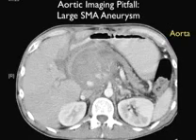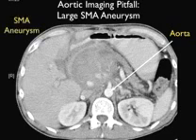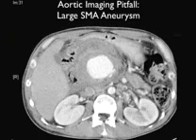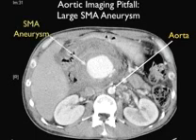This CAT scan shows another potential mimic of an abdominal aortic aneurysm. I don't actually have the ultrasound image of this, but I think this CAT scan makes some interesting and important points. Here we see the aorta located on top of the spine and the branch point of the superior mesenteric artery coming off the aorta anteriorly. Notice here we see a large area that's very irregular anterior to the branch point of the superior mesenteric artery. Interestingly enough, this was a large superior mesenteric artery aneurysm. This is another slice from that patient with the superior mesenteric artery aneurysm. Again, we see the aorta well delineated on top of the spine, and anteriorly we see a very large SMA